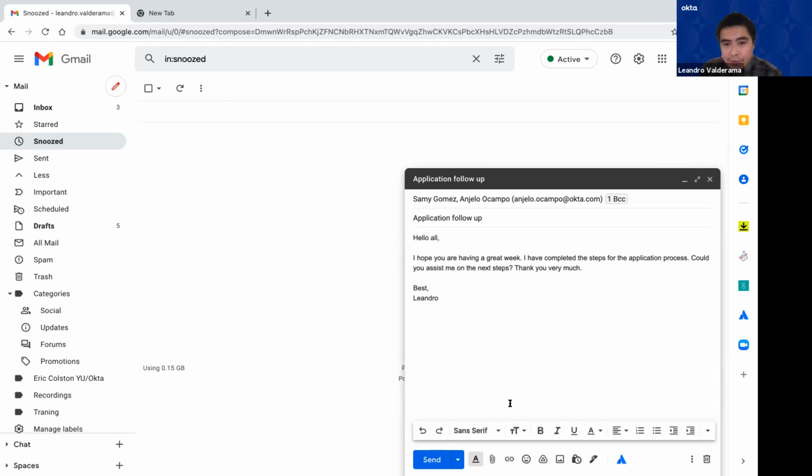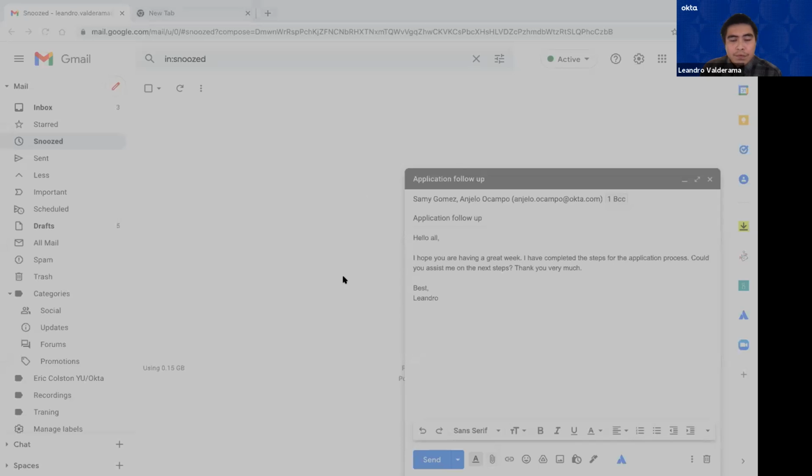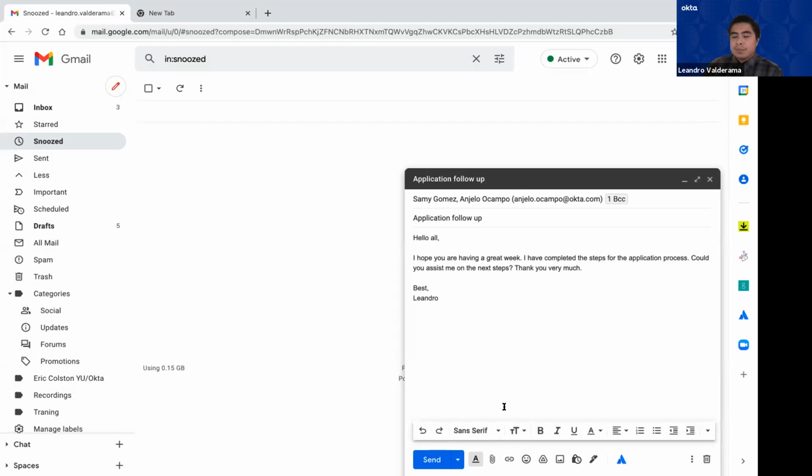And when writing an email, you can also attach stuff to it, and you would click on here to do that. And then you would just search for whatever you want to attach in the email, and then you would click open, and it'll bring it right here on the bottom. And I think that's it for the email.